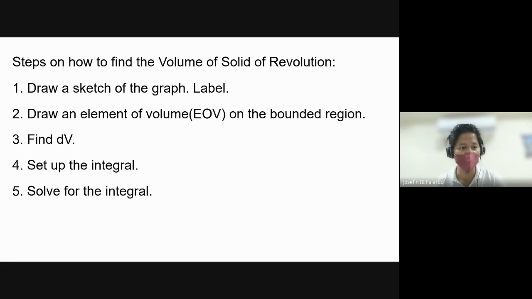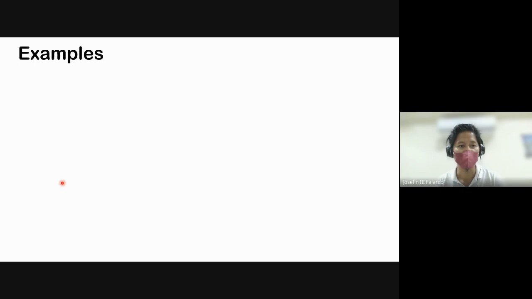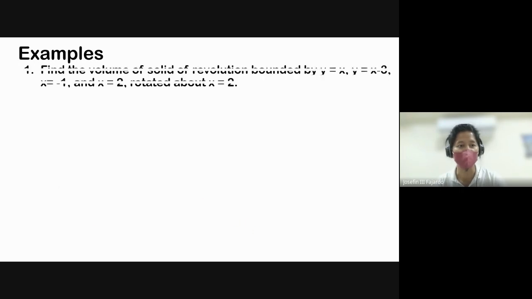Let's have an example. Okay, let's have this first example. Simple first. We find the volume of the solid of revolution bounded by y equals x times (x minus 3), x equals -1, and x equals 2, and then we rotate it about x equals 2. Okay, let me try to